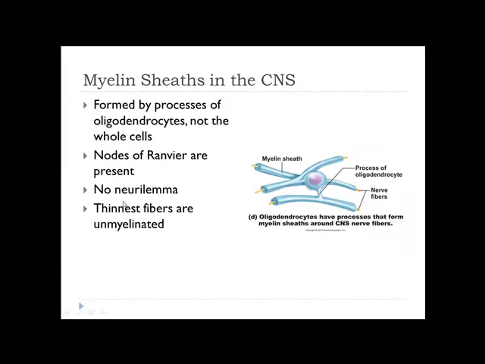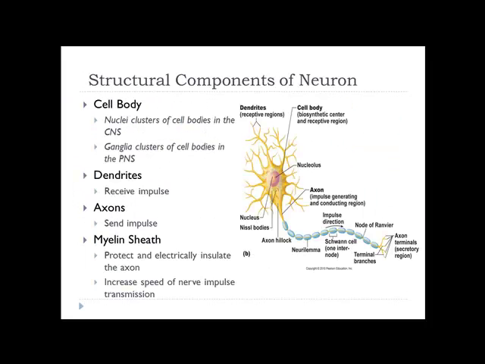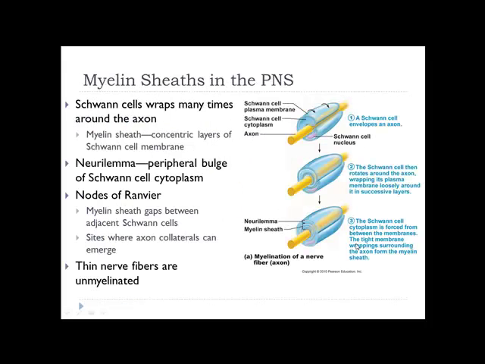We have these things called nodes of Ranvier. I'm going to go back a couple slides to show you the nodes. Each one of these guys is a Schwann cell. Between them, you're going to have nodes. So what happens is you go from neurolemma to neurolemma to neurolemma. When you're sending information, it kind of skips along these neurolemma. It skips over the nodes. Rather than just walking slowly, if this was demyelinated, information would slowly walk along here. Since this is myelinated, it runs and skips from one neurolemma to the next. And we'll go on to talk more about that.